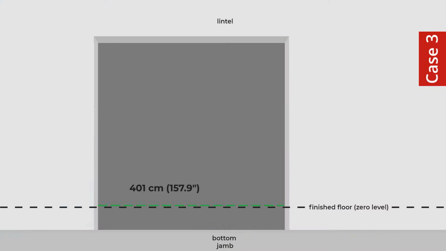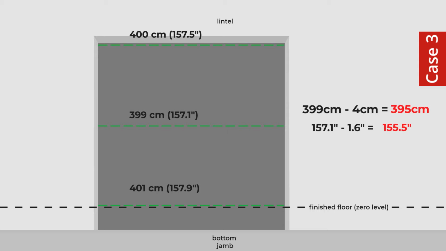The hole declared by the investor is 400 cm by 240 cm. The finished floor will be 20 cm higher than the current height of the sill. The situation with the width is identical to the previous example. The dimensions below are 401 cm, 399 cm in the middle and 400 cm at the top. Therefore, the width is 399 cm minus 4 cm equals 395 cm.